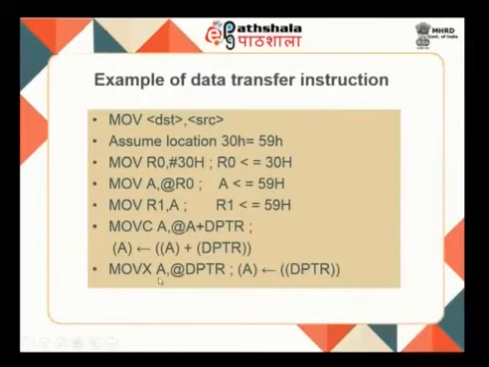MOVC is telling that it is an instruction for data stored in program memory. When I am looking at MOVX A, @DPTR, what it says is DPTR holds the 16-bit address, go over there, read it, and go outside with that particular address, find out what is available over there, and move that data to your accumulator. This is what we do with MOVX, and this X tells you that I will be reading the data from outside.